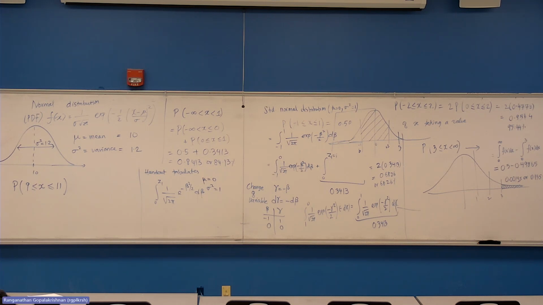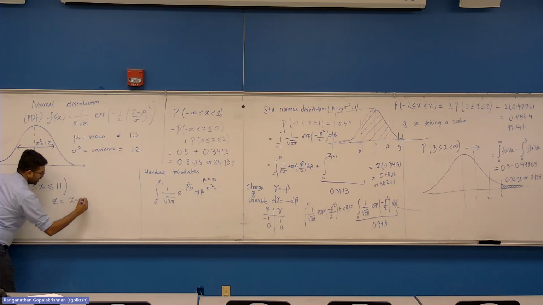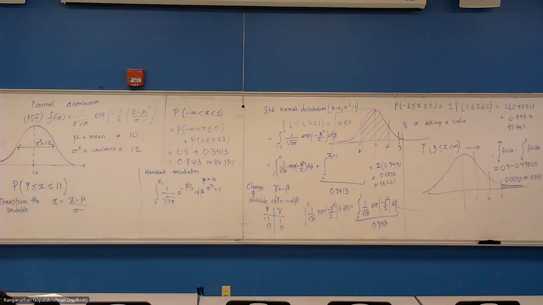Sorry, come again. The word is transform. You're right. The concept is right. What you're saying is transform the variable such that, let's say we define z equals x minus mu divided by sigma. We'll call this z. Okay, transform the variable from x to z, where z is defined as